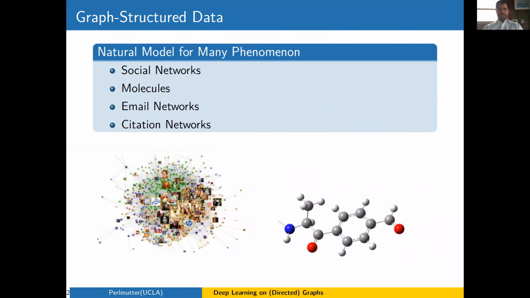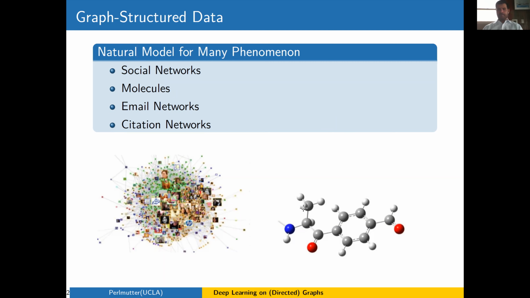So, quick motivational slide. Graphs are everywhere. They're a natural model for a ton of different things and therefore are very important. So for anyone who's not familiar, a graph consists of a collection of dots, which you might view as an atom within a molecule. And then there are edges between the dots, which you might view as representing like a chemical bond between the